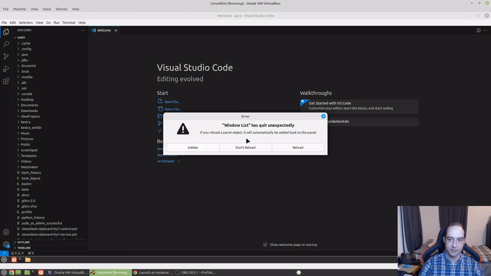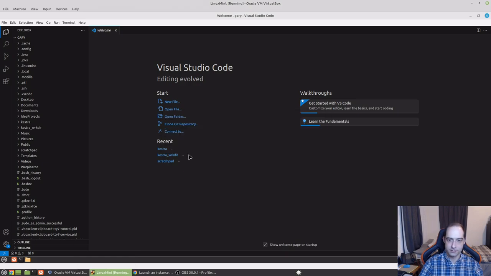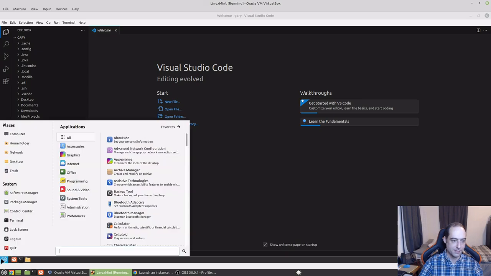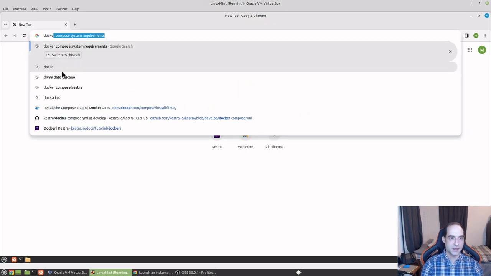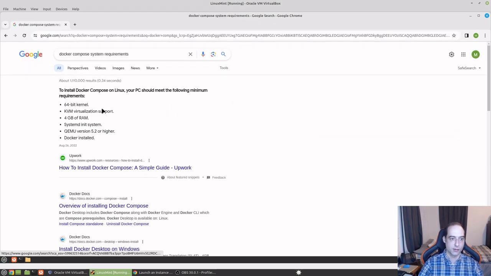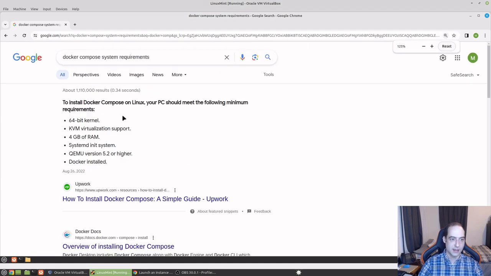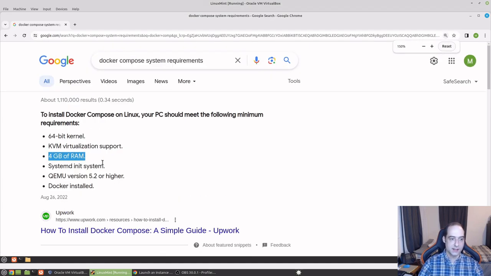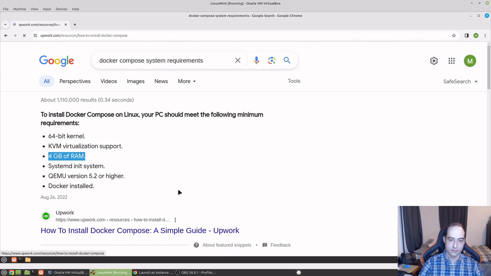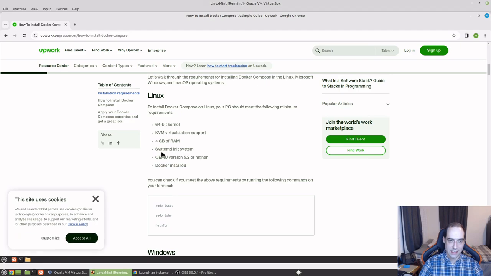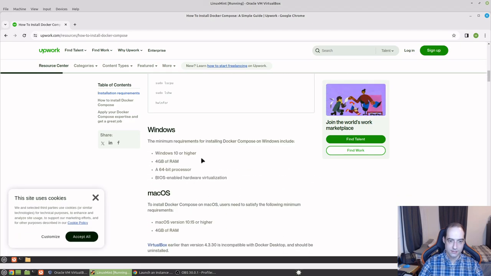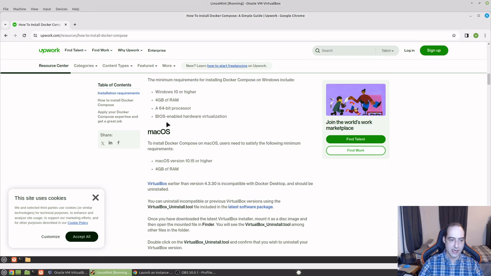If I switch back here, not sure what's going on there. Let me bring Chrome back up, and I'm just going to look for Docker Compose system requirements. And can I make this bigger? We see here it needs 4 gigs of RAM. The rest is probably pretty standard. We click in there, see if it gets us a nice summary. Docker installed. That's about it. But 4 gigs of RAM, so we need an instance with at least 4 gigs of RAM,